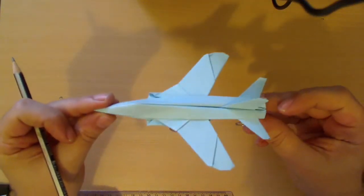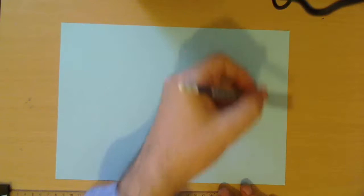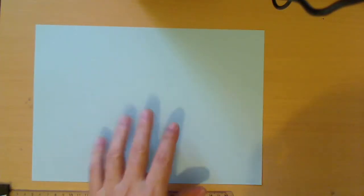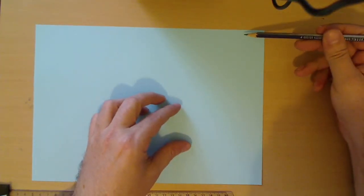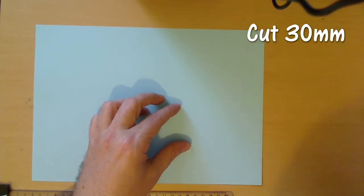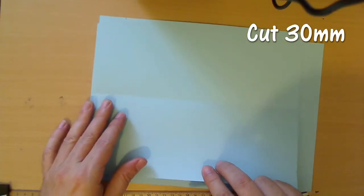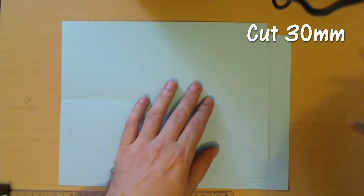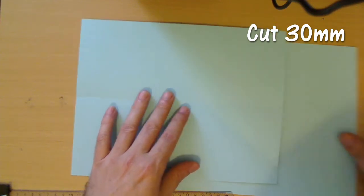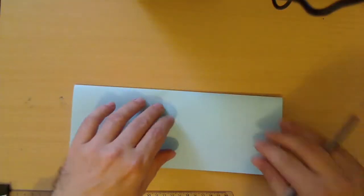This is my last model, and we will have to start with the A4, this one, 297 by 210, but we need to cut this format, we need to cut the strip of 30 millimeters in this way. So I already cut mine, you can see mine is just shorter, 30 millimeters, and I'm going to use this one. So let's fold half as usual,